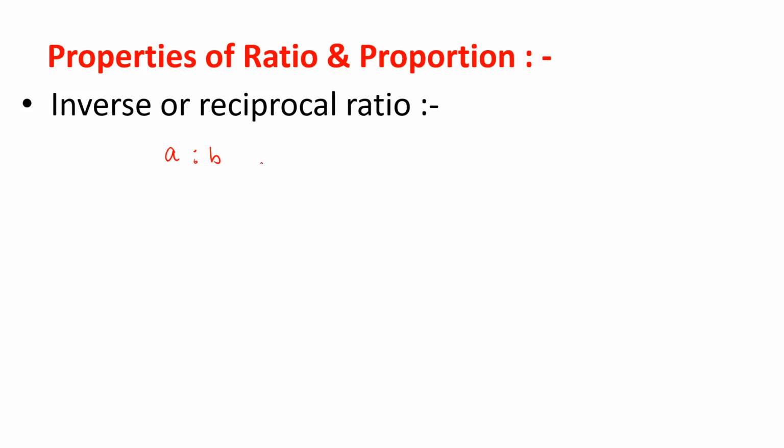And if you need the inverse or reciprocal ratio of this ratio A is to B, that is nothing but 1 by A is to 1 by B, or 1 upon A is to 1 upon B. Or we can directly write B is to A. 1 by A is to 1 by B, when simplified, gives us B is to A. This B is to A is the reciprocal or inverse ratio of A is to B. Reciprocal ratio of the common ratio A is to B is equal to B is to A, or 1 upon A is to